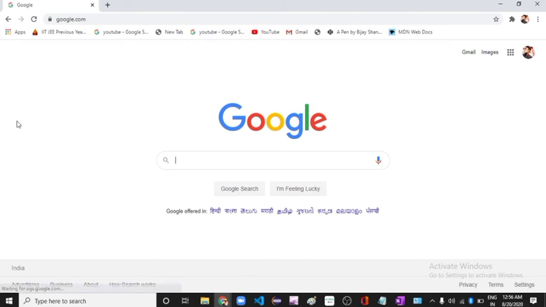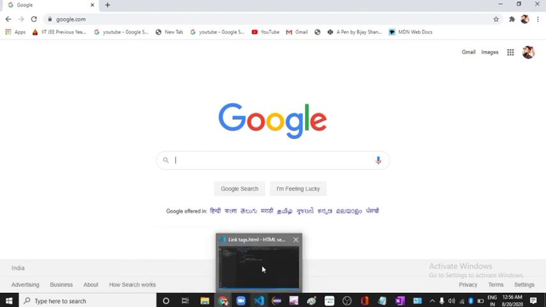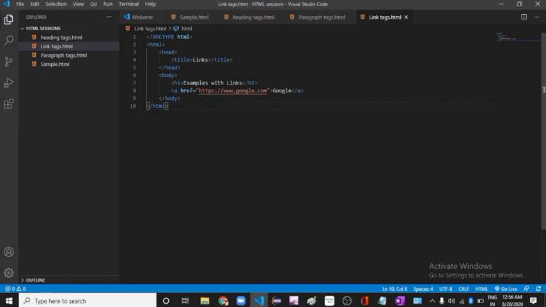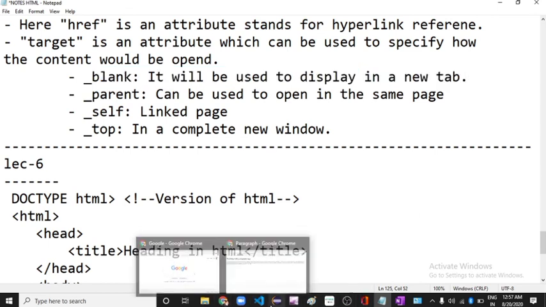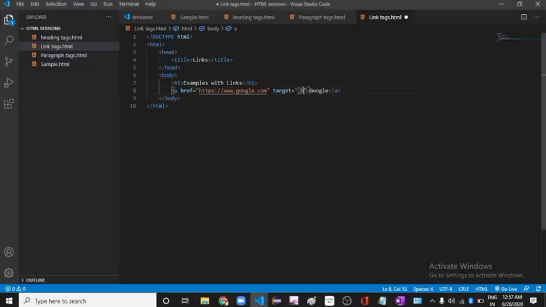If you want to display it in another tab, you write a href the same thing, and after this you write target equal to double quote underscore blank. As I told you earlier, underscore blank is used to display in a new tab.